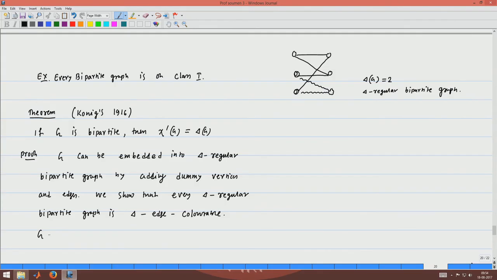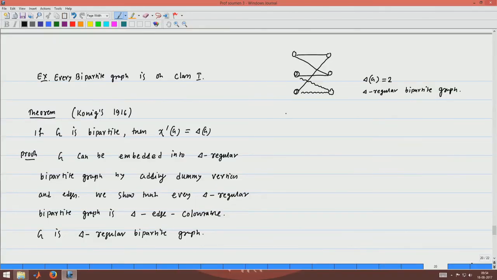So, G is a delta-regular bipartite graph, and we know that if a graph is delta-regular or k-regular, then Hall's condition is satisfied and the graph has a perfect matching. That we have done during our matching classes. So, since this is a delta-regular graph, G has a perfect matching.